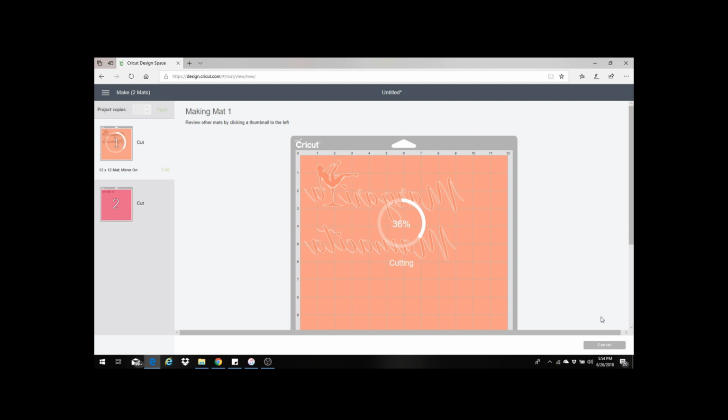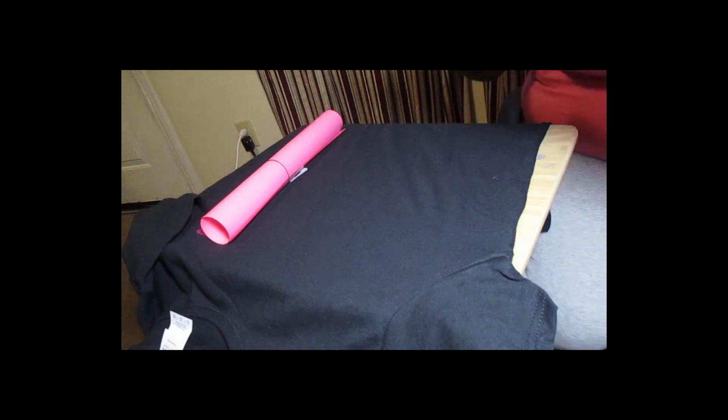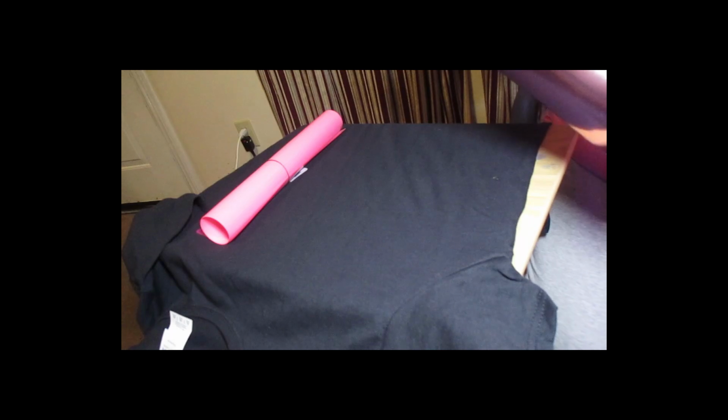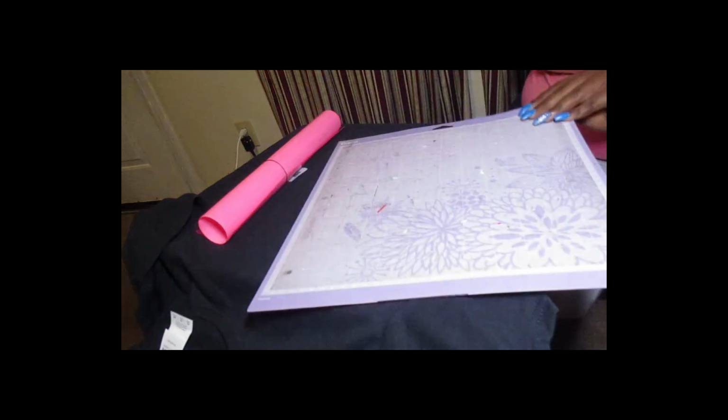Okay, so once you have your project on the mat, you are going to want to make sure that you have it mirrored, and you have the correct vinyl set before you start cutting. So now I am about to cut mine. I'm going to start with the metallic looking pink. I'm going to place it down on my mat, shiny side down. And I'm just going to place that whole sheet